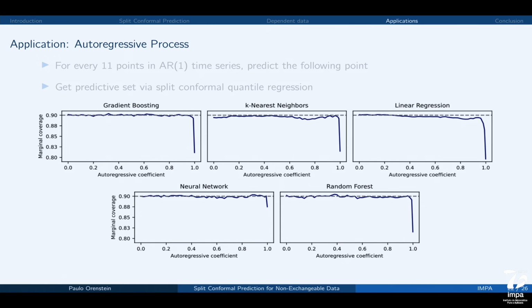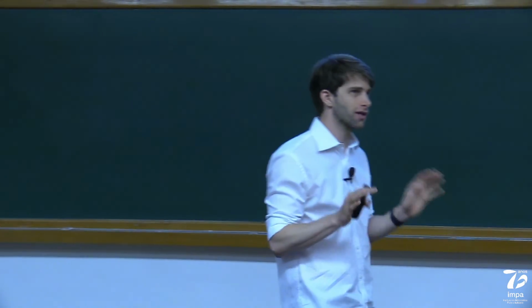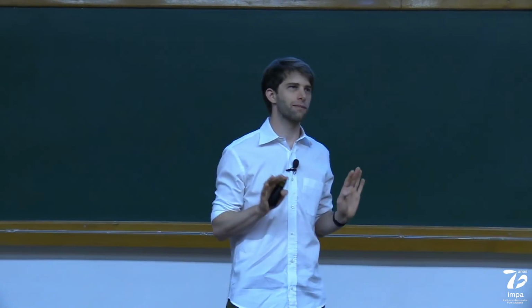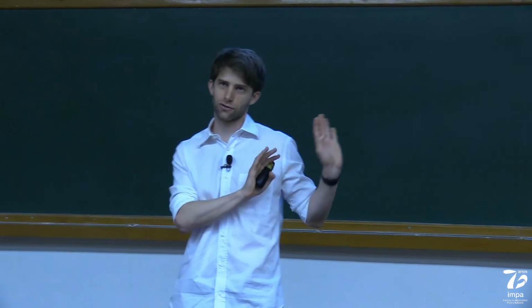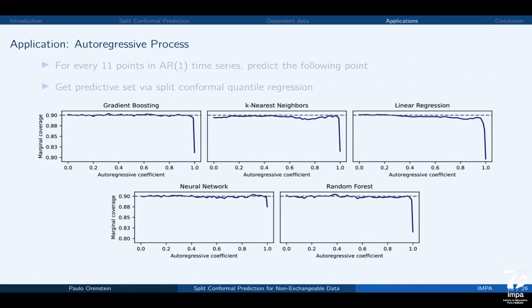So we have this method. We're assuming the data is exchangeable. The data is not. We're asking for a 0.9 level, and we're getting a 0.8. That's not great. But what's really good here is that if you're a practitioner and you have AR1 data with coefficient 1, you'd know. There's no chance that you'd assume your data is IID when it's not. At this point, this is the doctor's fault. They should know better. It's very clear that the data is not IID. If it's a little non-IID, things are still good.